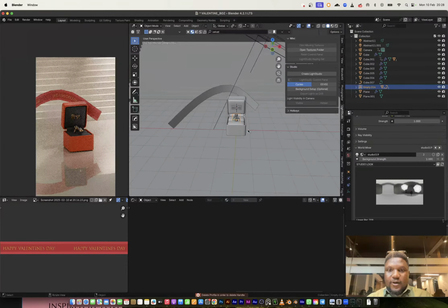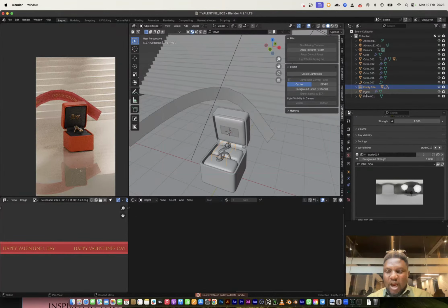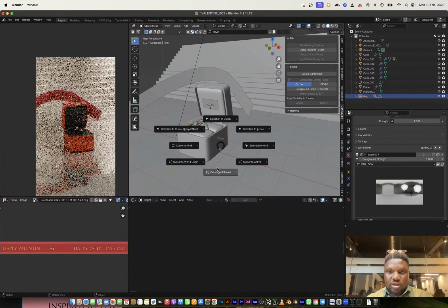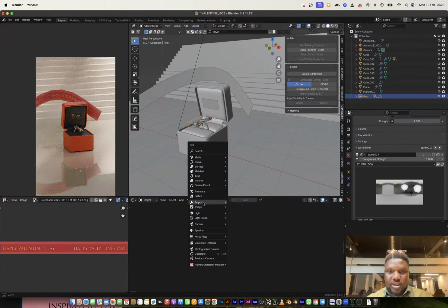Okay. Alright. I want to bring in some light that I can light link to our ring right here. So I can just rename this to ring and Shift X, cursor to selected. I can bring in an area light to the side.